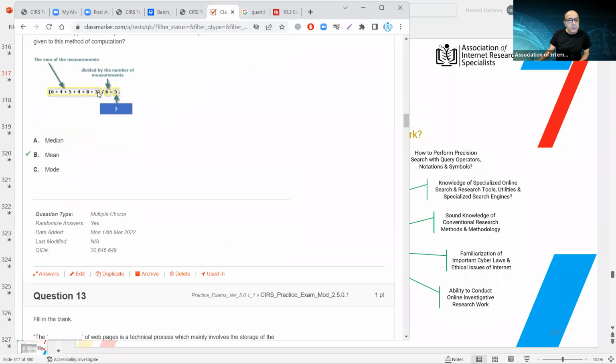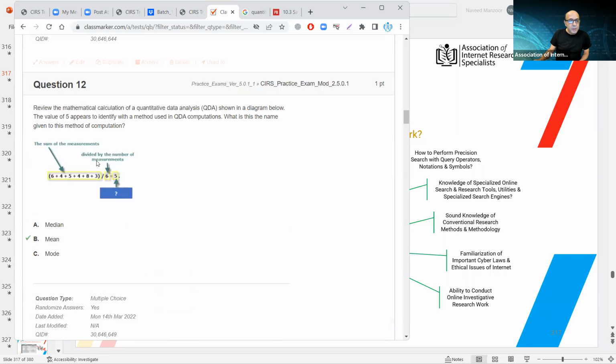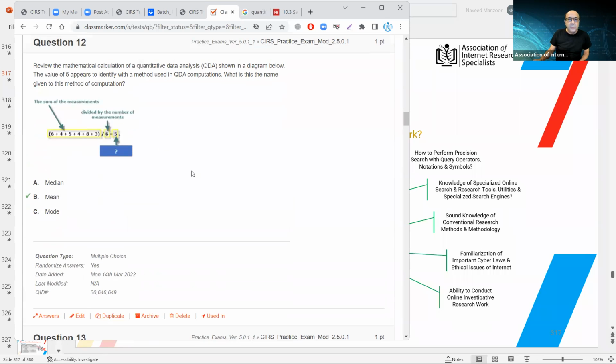So this is mean or average, right? And you can always connect it, or remember it, from looking at this picture. It's exactly the same as in the book, and this is how we calculated the mean. So it is not a median, it's not a mode. By the way, on quantitative